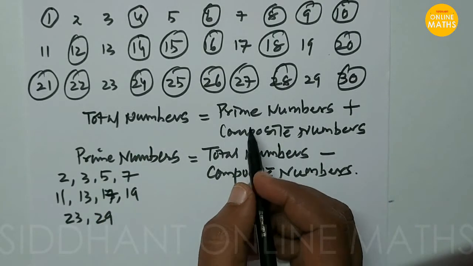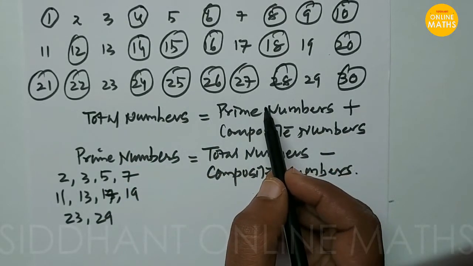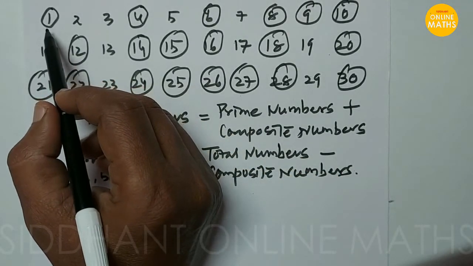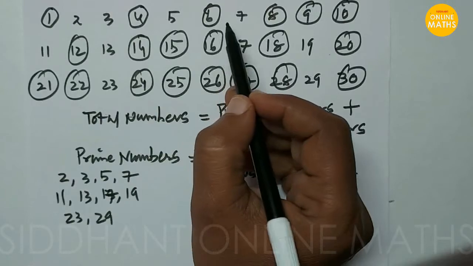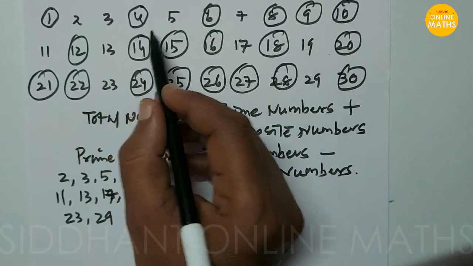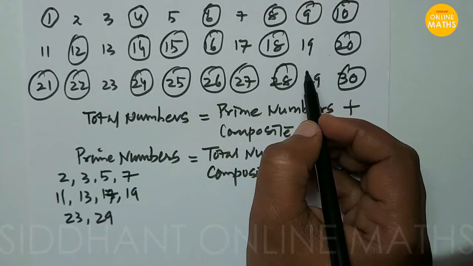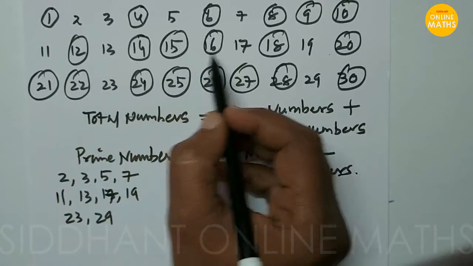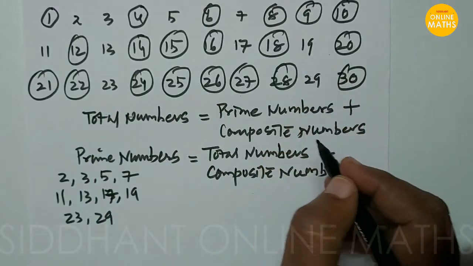In the same way we can do it for 1 to 100, 1 to 1000. Whatever number you take, the methodology is the same here. First we are going to omit the number 1 because it is neither a prime number nor a composite number. Then we go for multiples of 2, we just circle them, and then multiples of 3, multiples of 4, 5, 6, 7, 8, 9, and we just circle them, and we see the numbers which are remaining. These numbers are prime, and the numbers which you circled are multiples of a particular number. Multiples of a particular number means it will be a composite number.